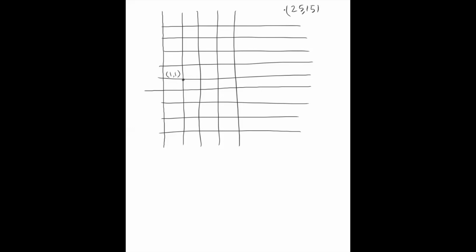Now suppose you have a path from 1 comma 1 to 25 comma 15 that does touch the x-axis. The path is something like, let's say it first goes here and then goes here, and then does something and reaches here. So it does touch the x-axis. What I do is I look for the first time when it hits the x-axis. So what is the first time it hits the x-axis? It is this point. I'm going to use a different color to mark it.